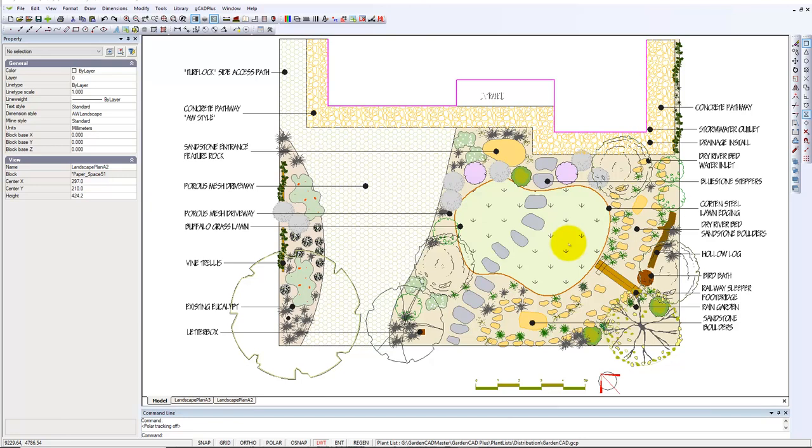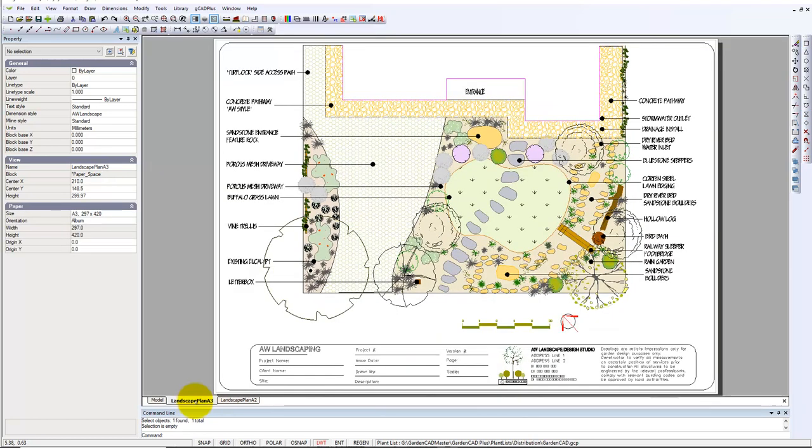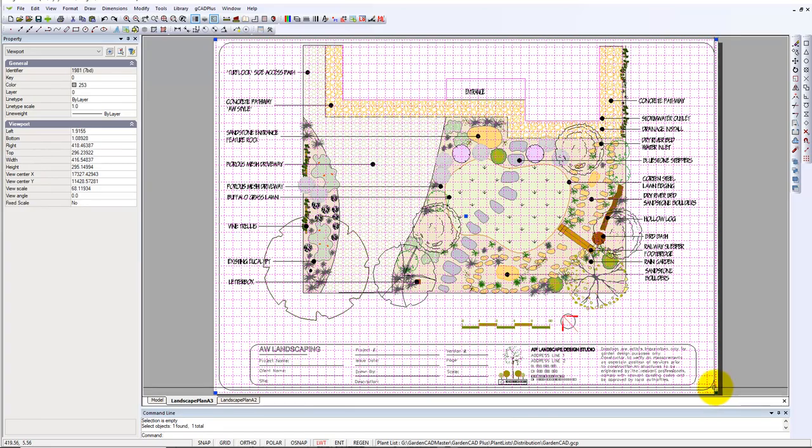Well, we are often asked to demonstrate printing a GCAD Plus drawing to a fixed scale. As of course you know, everything in model space where we are now is drawn full size, and you lay out the drawing in a layout space. If we click here, I've created a viewport, a layout that I've labelled Landscape Plan A3, and if we select the floating viewport on that page, and I've done that now,